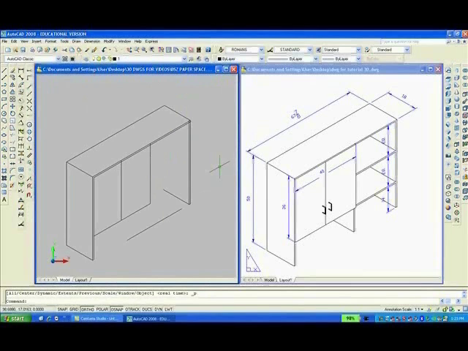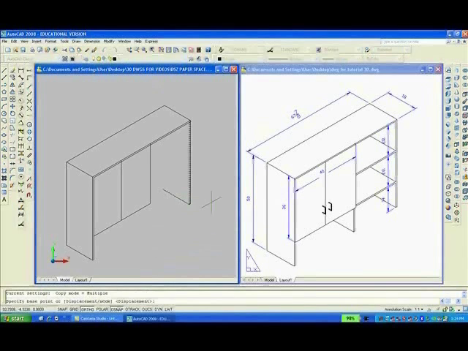Now I'll erase this line and I'll copy, CO, enter, C, enter with a crossing. I'm going to copy all that. I'll hit the F5 key and move it down here like that. Hit escape and we'll zoom with the window like this, and we're going to trim